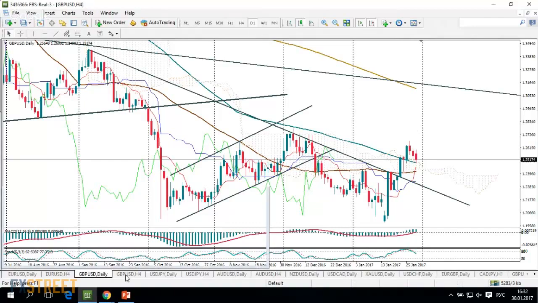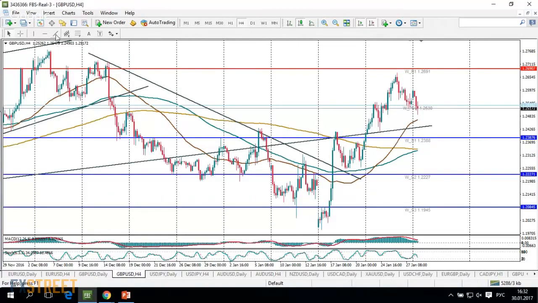If we have a look at the 4-hour chart, we would notice that the pair dipped below the 2-week support line, and this decline means that the pair can actually test lower levels. However, until the pound is trading above 1.2430, 1.2415 area, these are the highs of January 5,